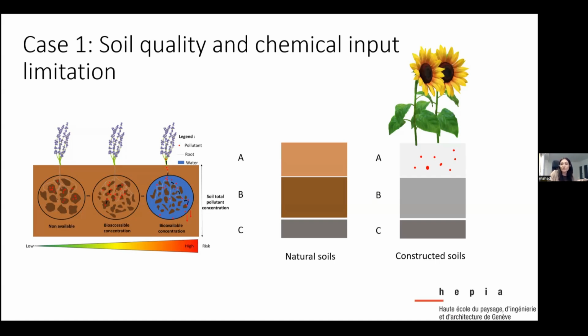Bone meal is rich in phosphate. Sometimes fish waste is also rich in phosphate. Compost is rich in organic material. This amendment can help in fixing heavy metals present in the soil and improve its pH level,